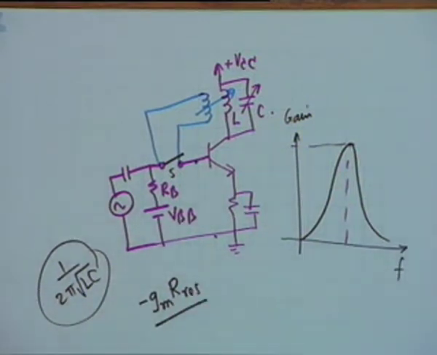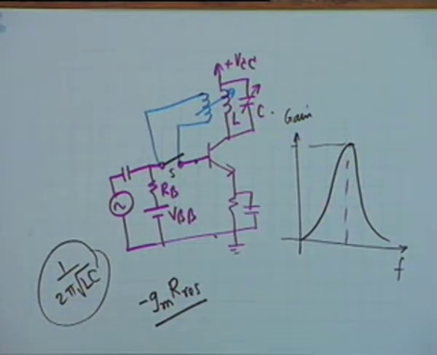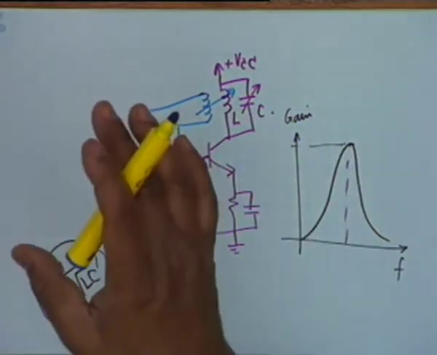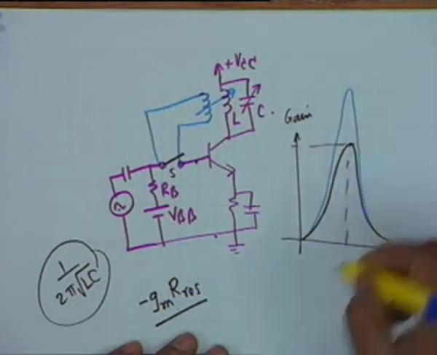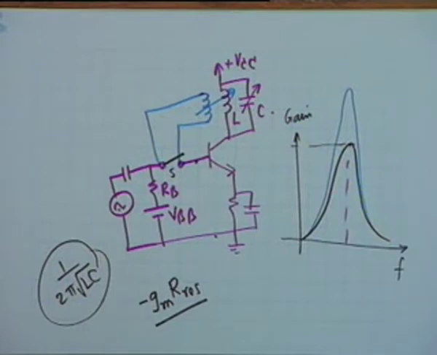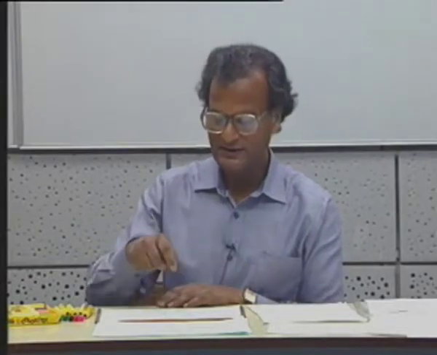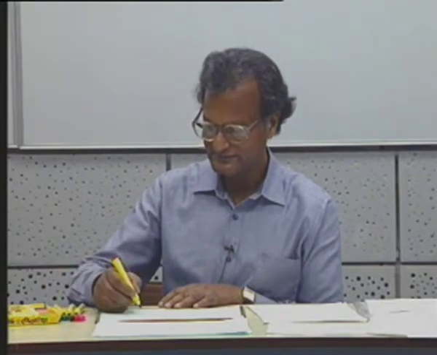And this is a very practical circuit. You feed back a part of the output, and if the feedback signal helps the input signal, that is, if Vi and the feedback signal are in phase, if they help each other in the same direction, then you will get an enhanced gain, all right. The gain shall increase. On the other hand, if the direction of winding is opposite, that is, if the feedback signal opposes the input signal, then the gain shall be decreased, and it shall be something like this, let us say.